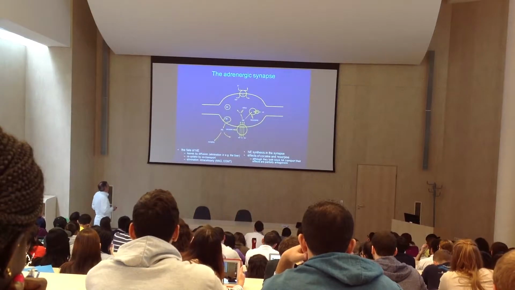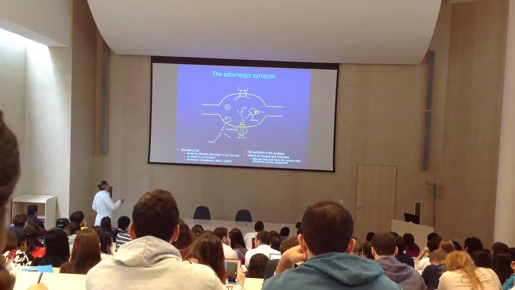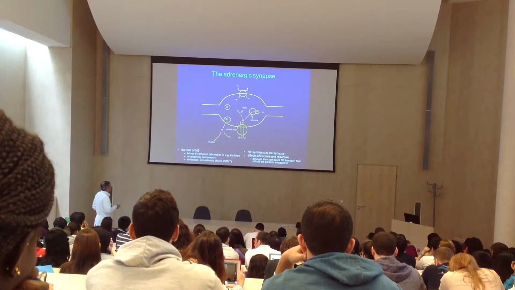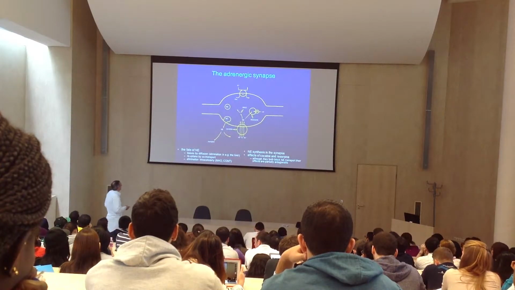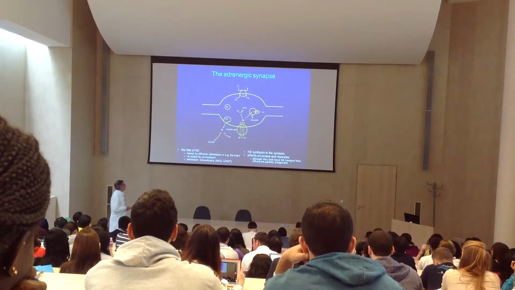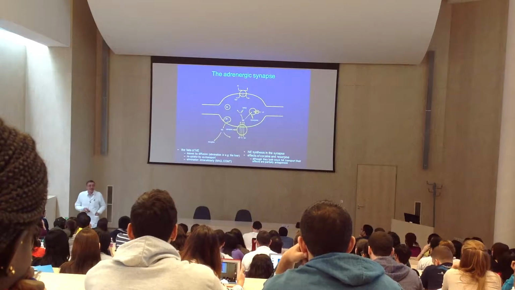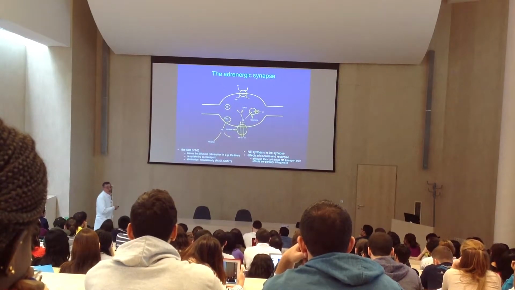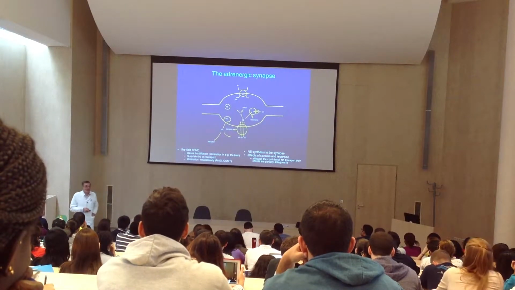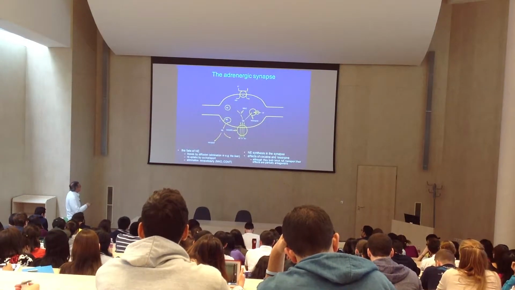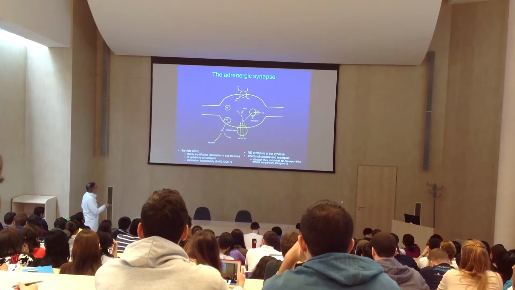Norepinephrine then can be either cleaved inside the cell. This can happen in the presynaptic cell. There can sometimes be enzymes in the postsynaptic cell. Norepinephrine that diffuses away is degraded in the liver. And the enzymes involved, some former Chinese students told me that these are very conservative enzymes because they are called Mao and Comte. But before you misunderstand, Mao stands for monoamine oxidase and not Mao Zedong. And Comte has nothing to do with philosophy, it's catechol methyltransferase. So the two enzymes that cleave the norepinephrine are these two enzymes,